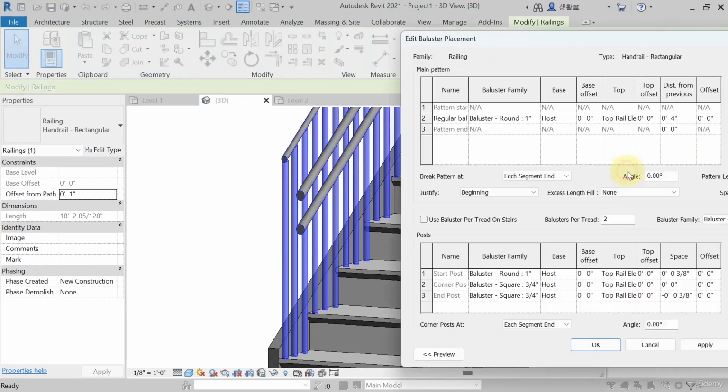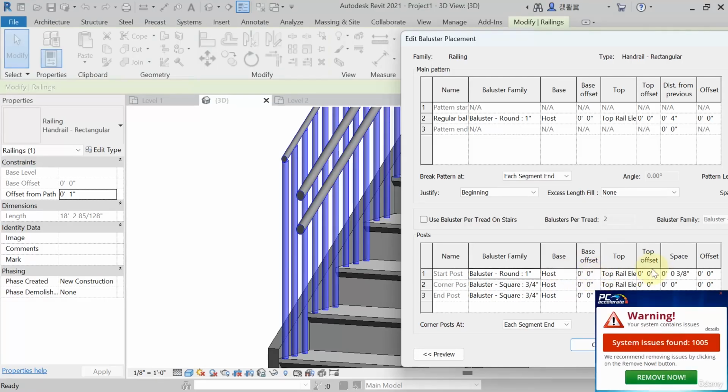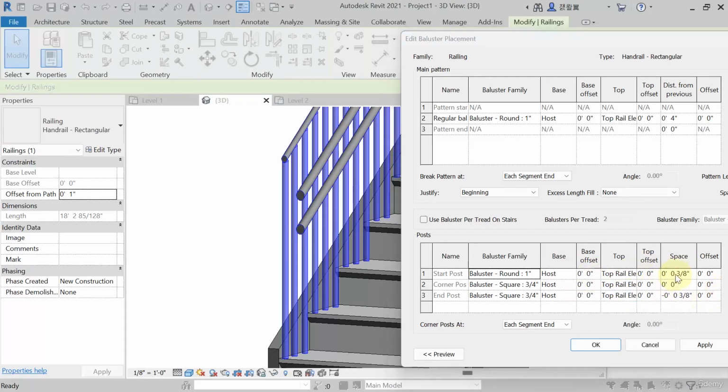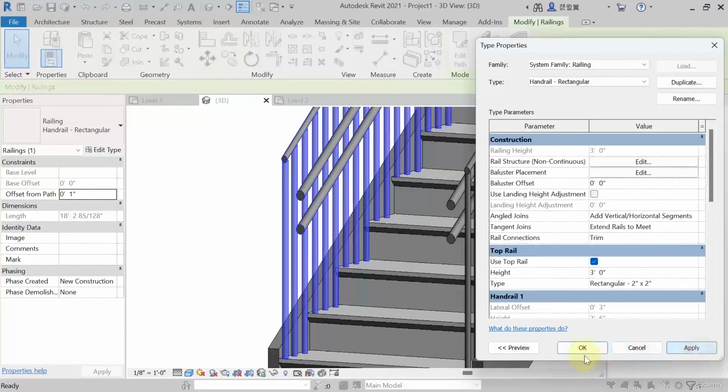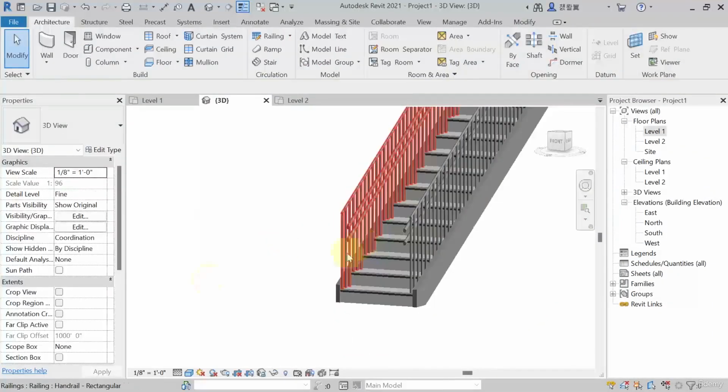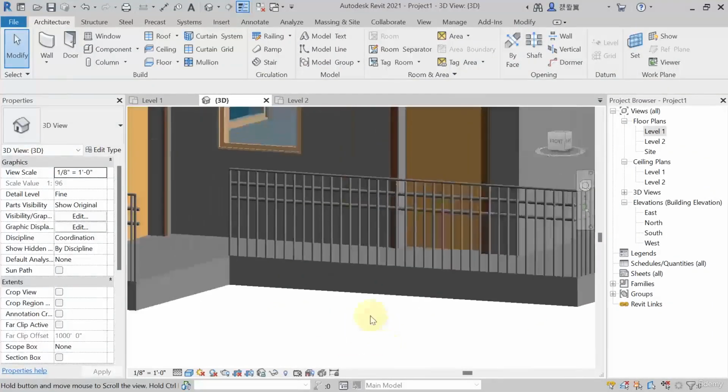Same way, some other settings are also there. Suppose here you want to give some offset, you can give it from here. Every option is given to you. Space, how much space you want as per your requirement. Now if you have an end post and you want to change the profile of that end post, that also you can do. For example,